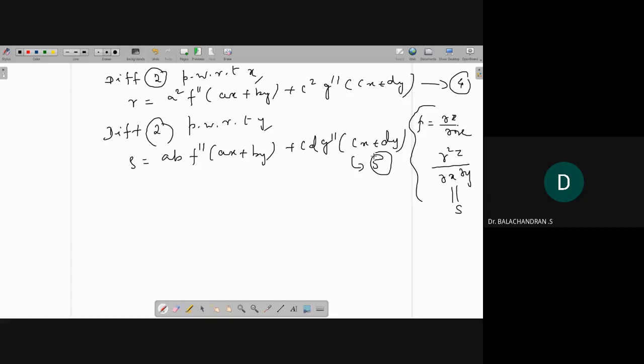I think we got p, q, r, s, t. I need t. Now differentiate 3, because 3 is what? Left hand side is q. Q is nothing but ∂z/∂y. I need a t. So if you differentiate this with respect to y, I will get a t. So differentiate equation 3